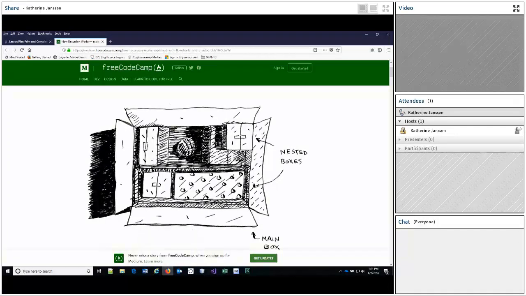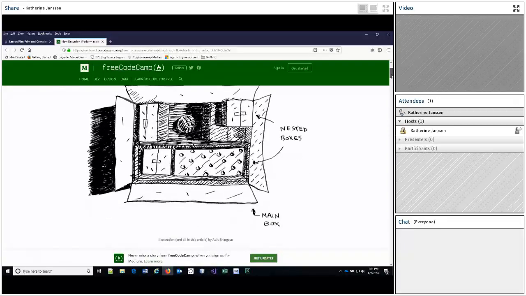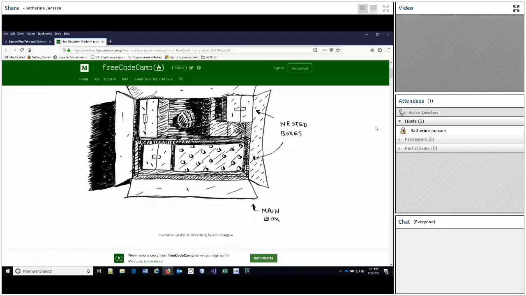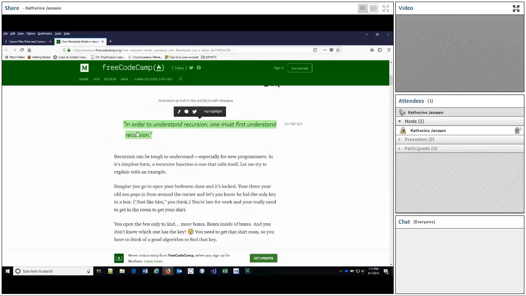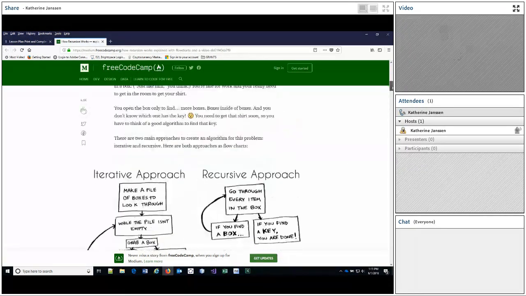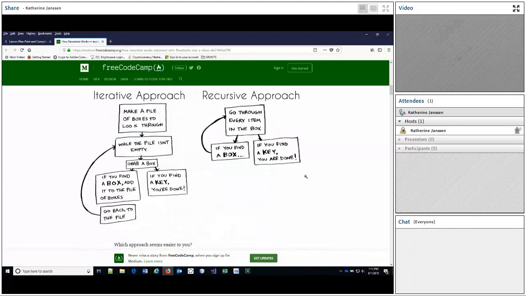So here the analogy is that we have a box and nested boxes within the main box, and each of those nested boxes packaged in the main box could actually have another box within them. This is interesting. In order to understand recursion, one must first understand recursion. And there's some narrative that continues. But in our recursive approach,